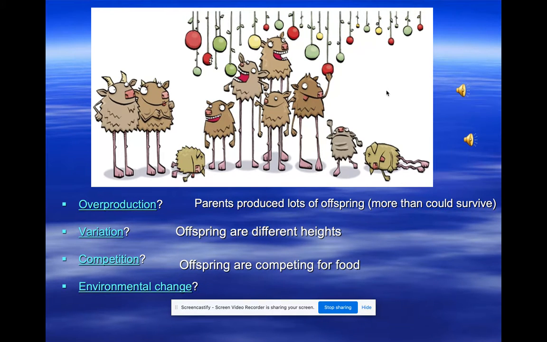Competition. They're competing for the same food. There's food there for them, right? Not all of them have access to it, which is what I'm saying here. Food is less accessible. The environmental change means that the food is growing higher and higher, and that's causing only the ones with the longest legs, if you will, to survive. The short ones are not going to survive. So the taller ones are going to survive, reproduce, and produce probably taller babies. If you do this generation after generation after generation, you're going to get a change in species, probably a taller species. All right, I think that's it.